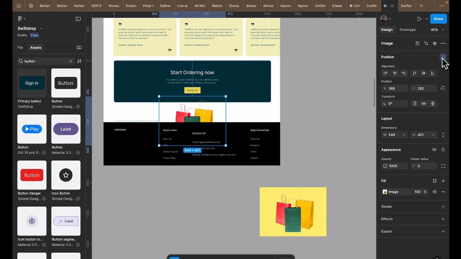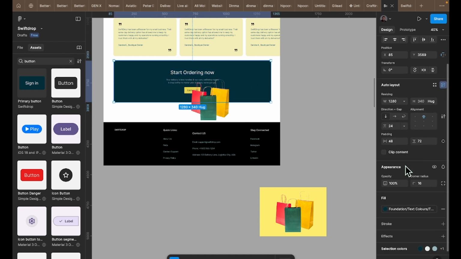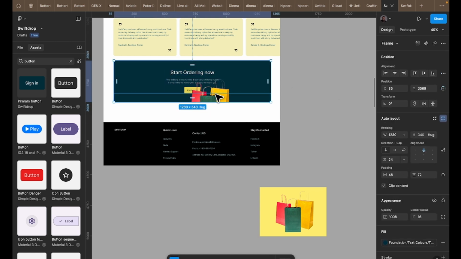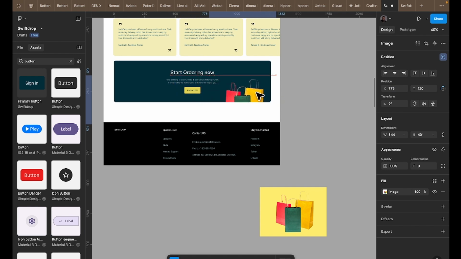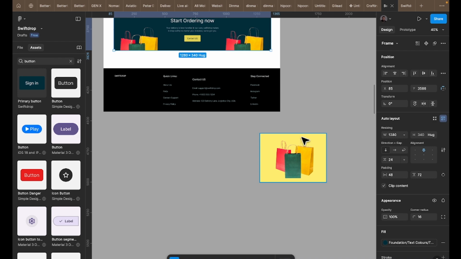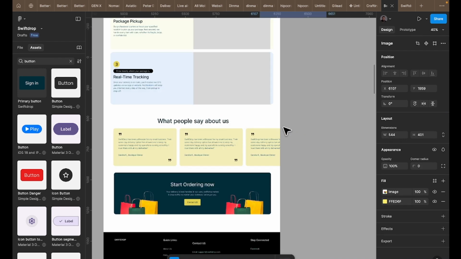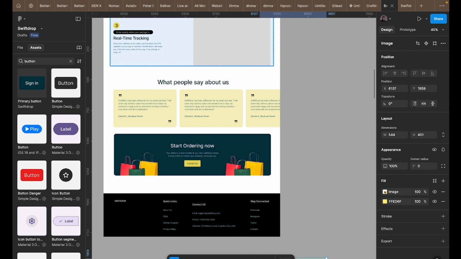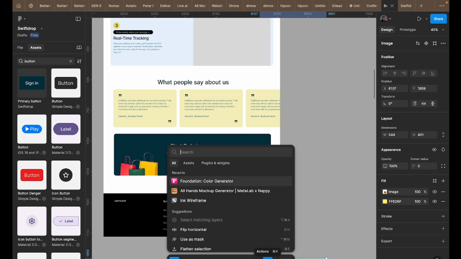It's not bad. But we can select this text, click on position and say ignore auto layout, so it is still inside this frame. We're going to select this again. I need to click content. I don't want it to show the entire thing. We can add it here and also add it here. It makes it look very unique. So I would, you know what? For the sake of time and speed, I'm going to just